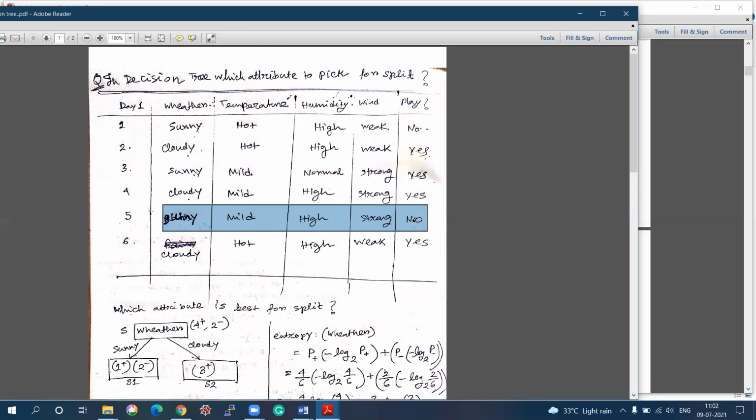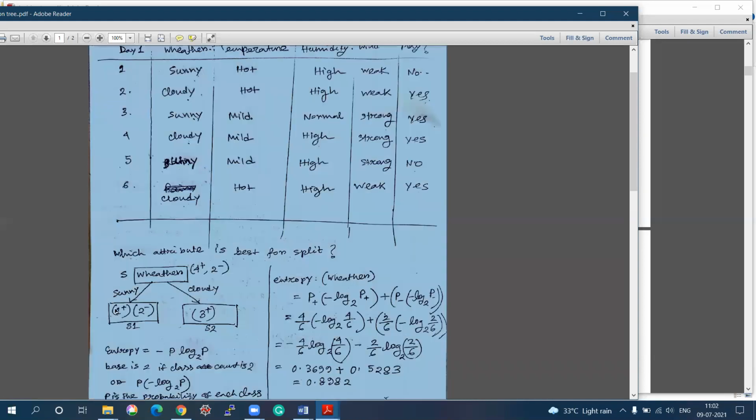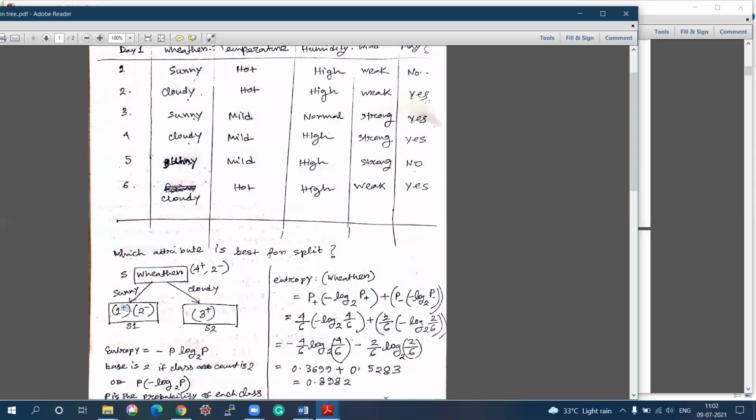So 2 no, 1 yes we are getting when the weather value is sunny. So the thing is that for the Sunny split, we are getting one positive example and two negative examples. See here I have written 1 plus 2 minus. That means I am getting one positive and two negative. Here we are getting 4 positive and 2 negative, and so on. So you should understand in this way